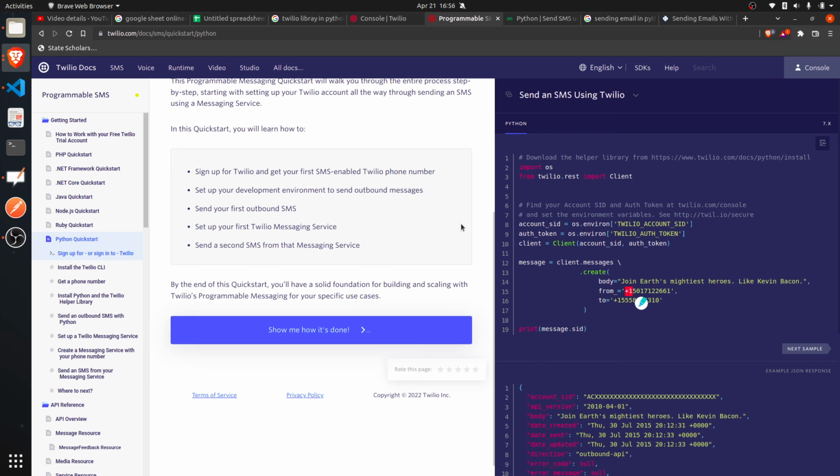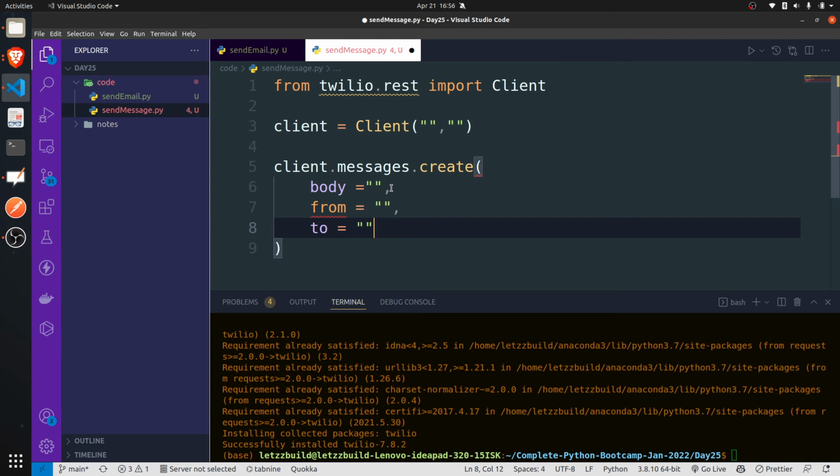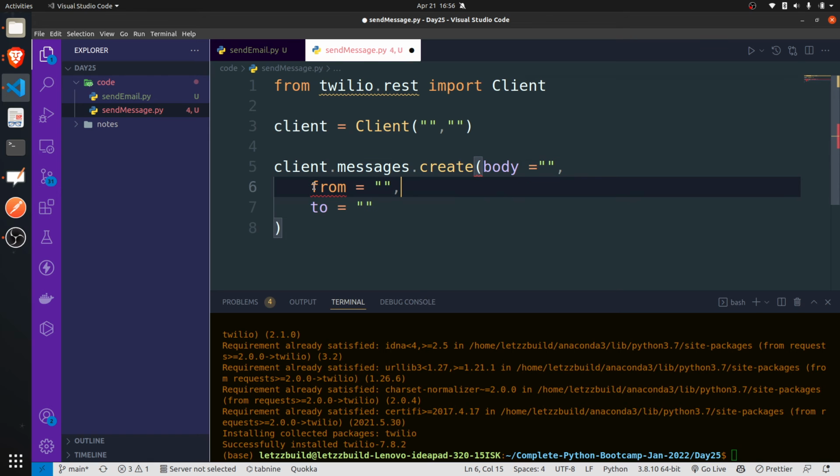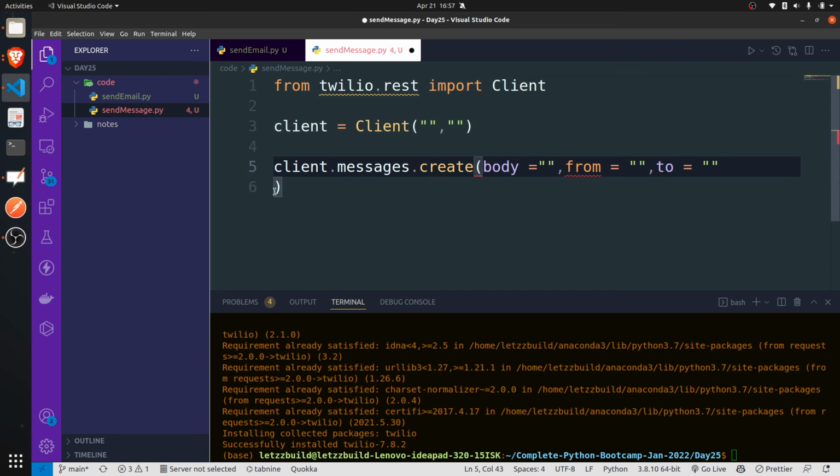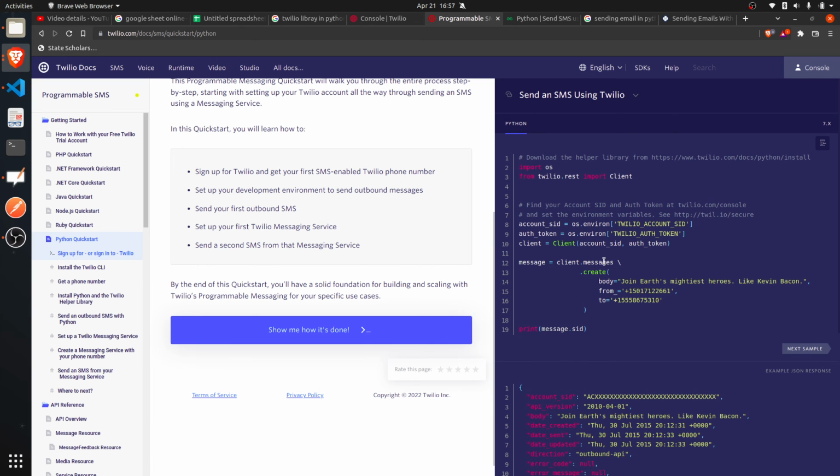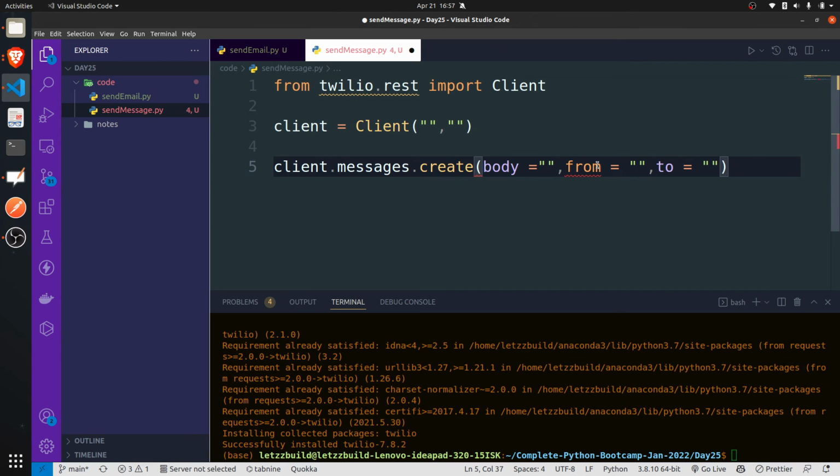I think something else I didn't forget. Body. I think it is expecting me to write all these things in the same line, or else it is telling me to just put dot create. messages.create(body=..., from_=...). Sorry, it is from underscore. Okay, so that's it. You can put this line in try catch,